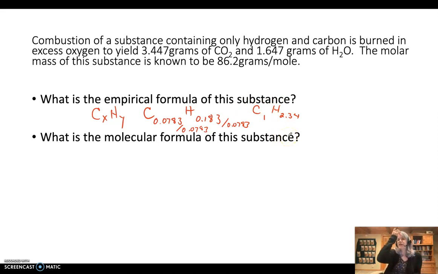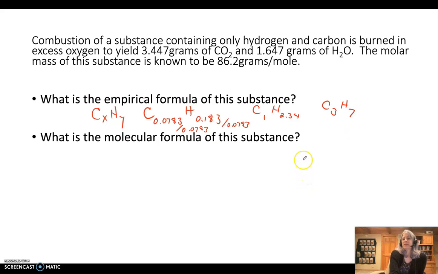So there what we have is little simpler numbers, but still not as simple as we want them. The ratio is still the same, right? 2.34 divided by 1 is equal to this divided by that, right? So now what we have to do is say, well, this is about 2 1/3, right? So if I multiply everything by 3, maybe I can get rid of that fraction that we have there. So let's multiply everything by 3, right? And then we would have C3 and then H, what would that be? Times 3, 7,